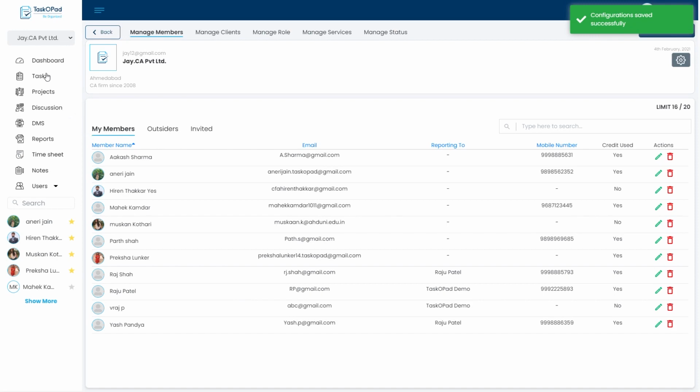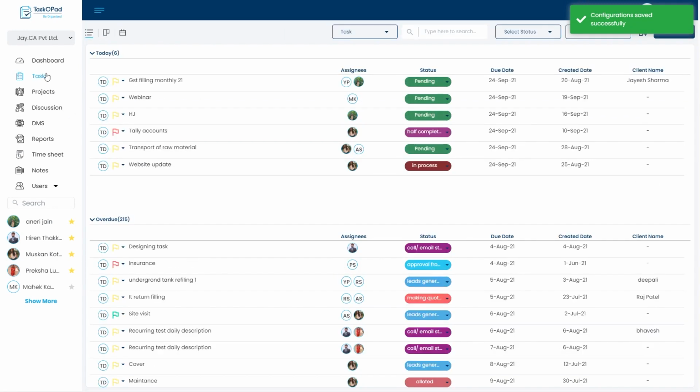Now let's go to tasks. So there are again two options to do the entries of actual hours spent on a particular task. First, you can do the entry of a particular day in the task itself or from the timesheet. Both are synced. If you make an entry from anywhere, it will be seen from both ends. So let's make a new task now.